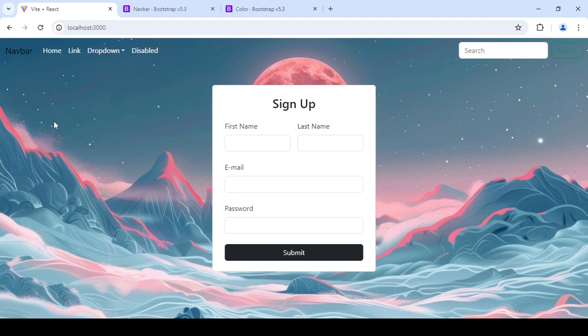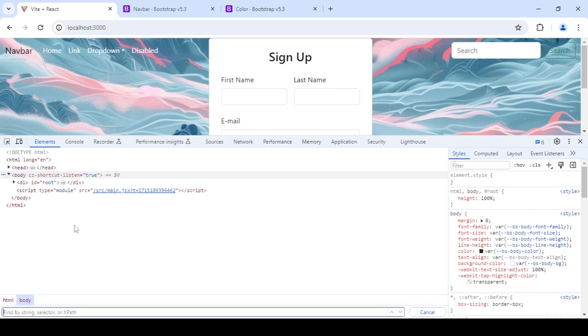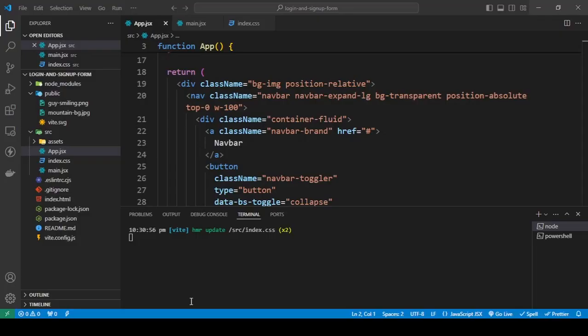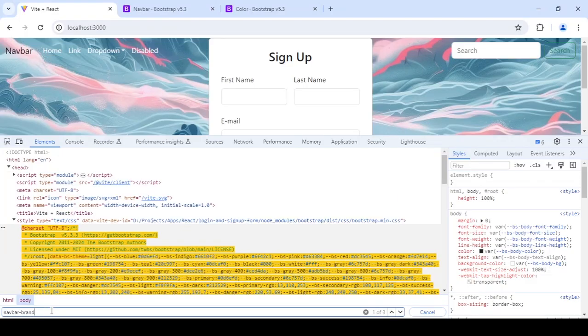Okay, I'm going to go into the inspection tools, Control F. Just going to copy this, copy this. You can just paste this in,